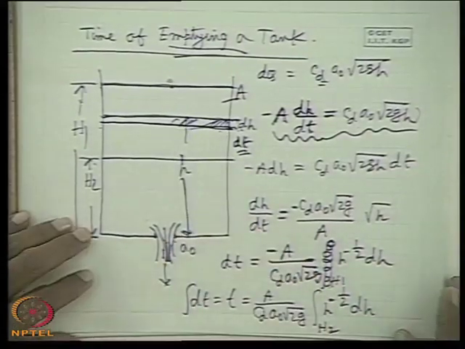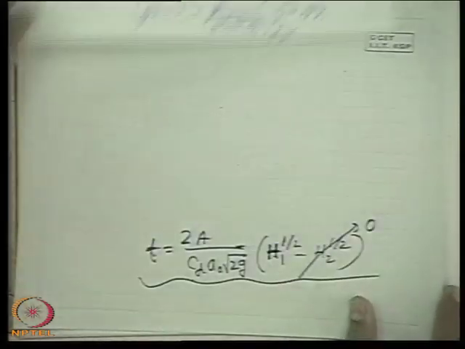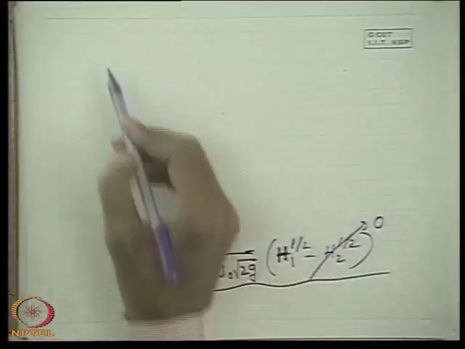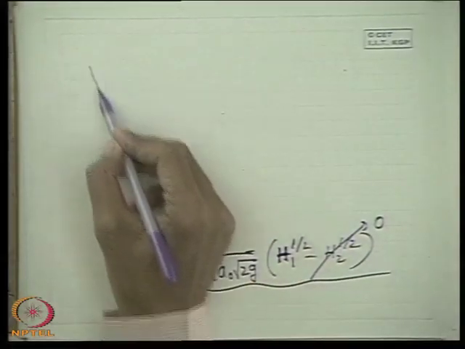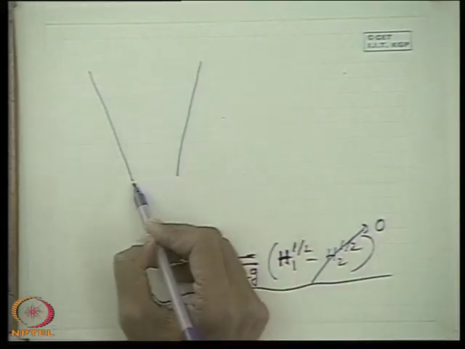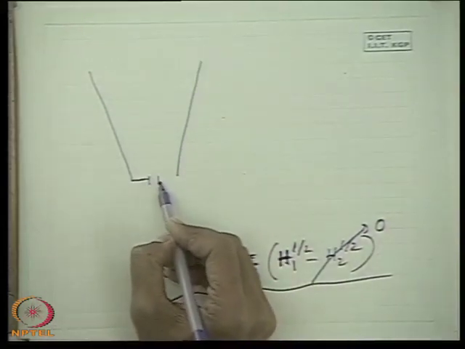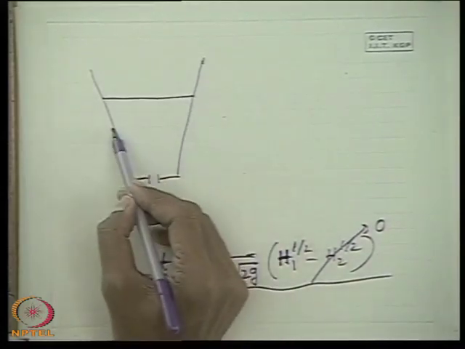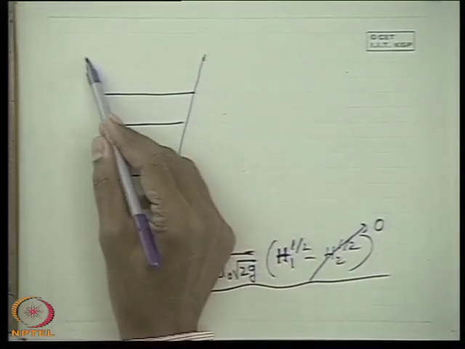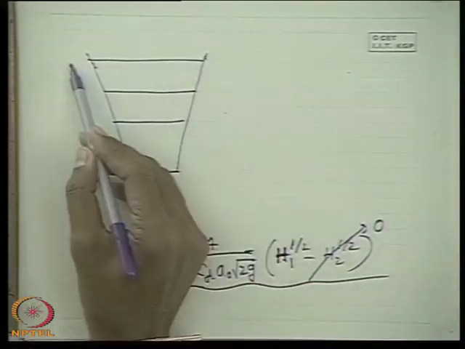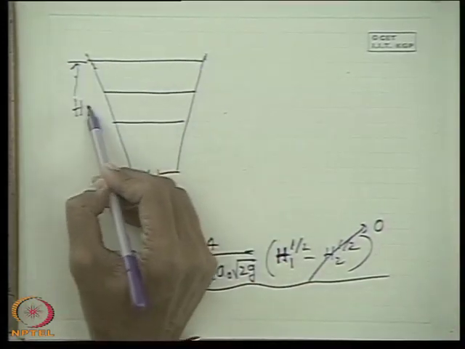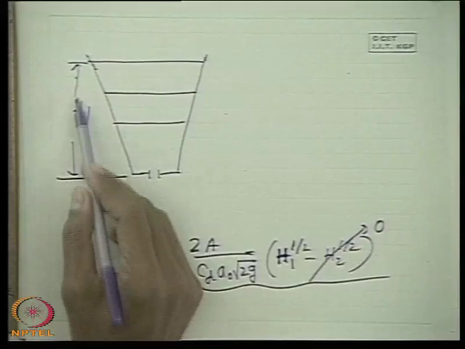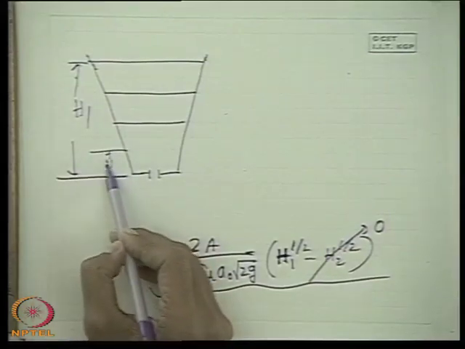So integration becomes simple. There may be a tank of some geometry where the area may be a function of height. So there is no fluid mechanics. It is simply school level integration. That means there may be an orifice in a prismatic tank like that. Difference is that here the area, that means at different head the area is changing. If you start with H1, the same problem if you pose the time of emptying or reducing the height from H1 to H2, whatever it is.